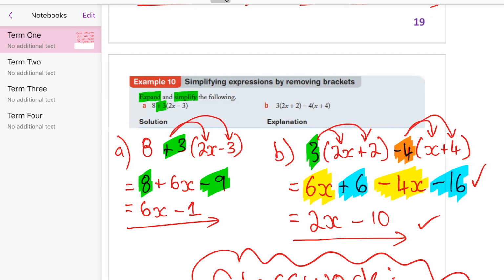Similar with B, whatever the number is in front of the bracket goes in and times. So 3 times 2x gets you 6x, 3 times 2 gets you 6. Negative 4 times x gets you negative 4x, negative 4 times positive 4 gets you negative 16. Collect your like terms as you can see highlighted, and that leaves you with 6x take 4x gets you 2x, and 6